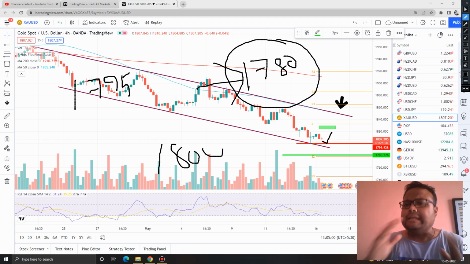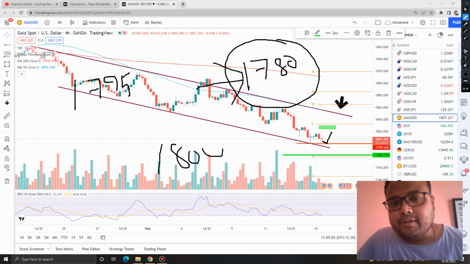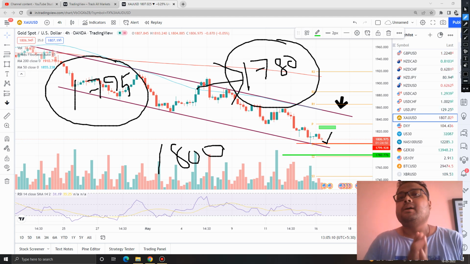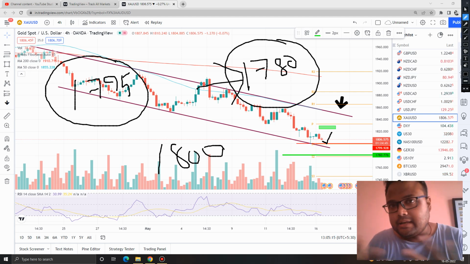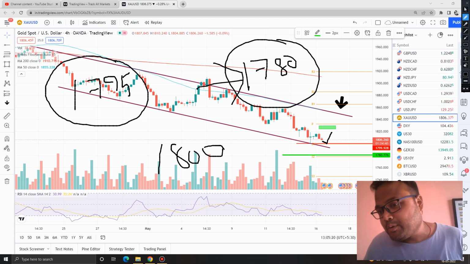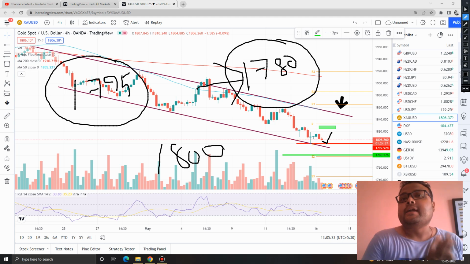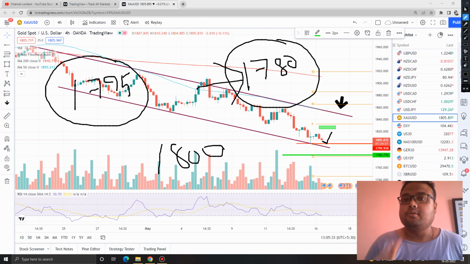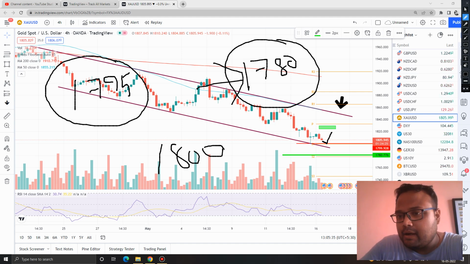But in case the market breaks the 1800 level, then there may be some sort of minor bounce from the 1795 level, but again these levels are not much reliable. You may not like the thing that I'm saying, that levels are not reliable. See, the market does not belong to anyone. Market kiska saga nahi hai. So you must understand when you should trade and when you should not trade. In this chart right now, the only reliable support where you can take a buy position is 1780, if the market bounces.